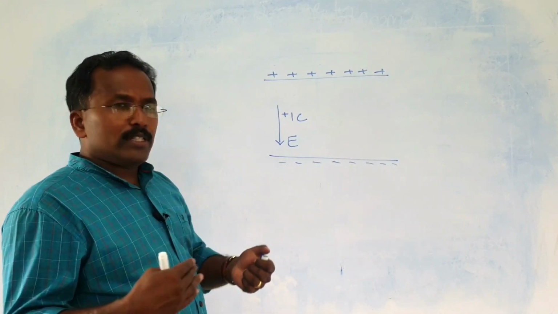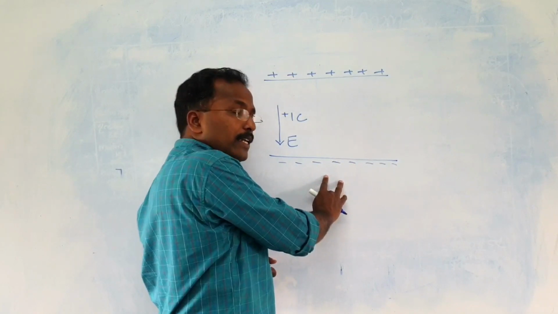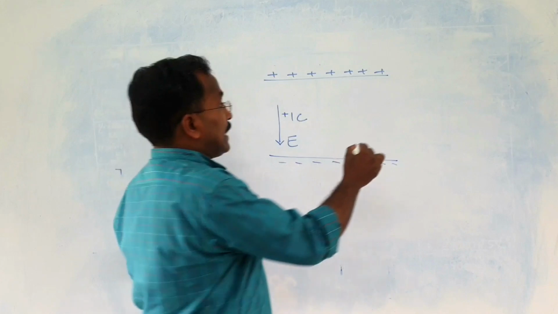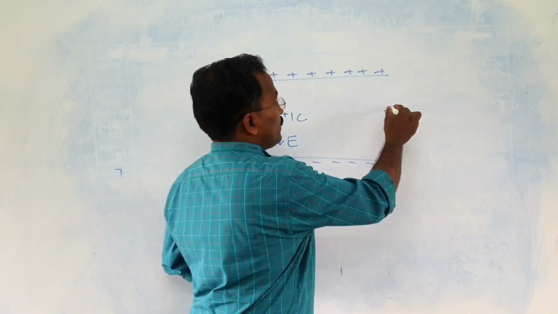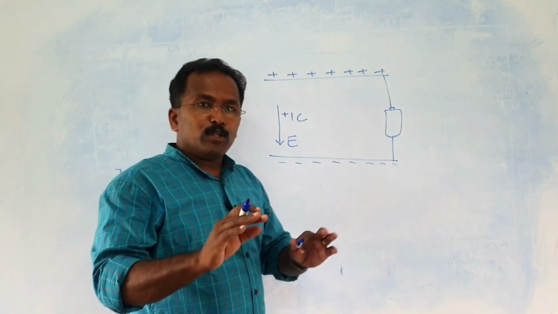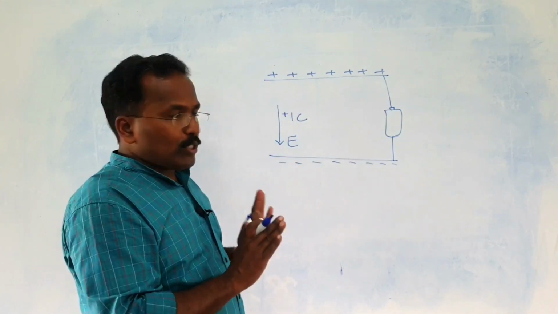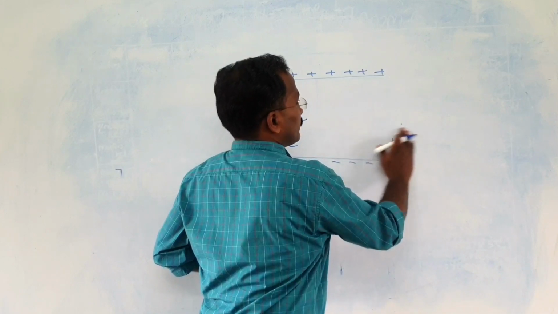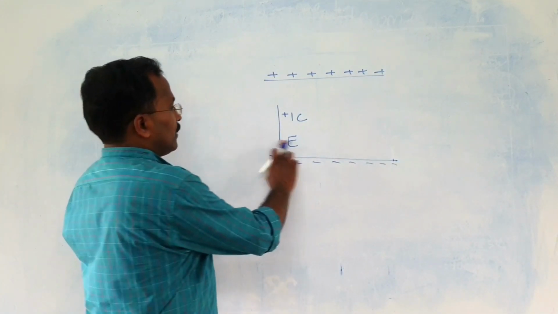And what to do for this is you keep a copper plate here, keep another copper plate here, and you take a battery like this. The battery's positive is connected here, negative is connected here. And I am not showing you those connections because it is understood. Usually this is how you create it, but I am not showing you that. Now we go for a wonderful experiment. You just see this.